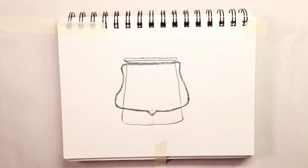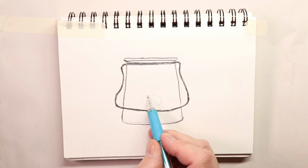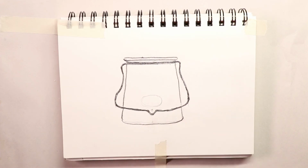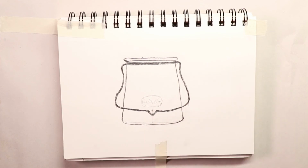And there we have it. And then if we want, we can do our oval. This is an oval. That's the sticker on the jar. It's an oval. And then we can just do a little fancy scribble that looks like script, but it's a